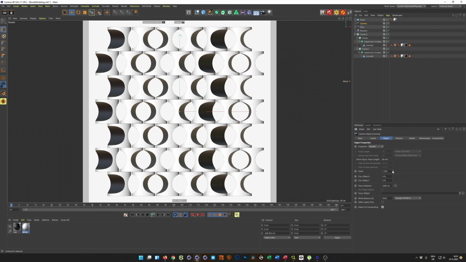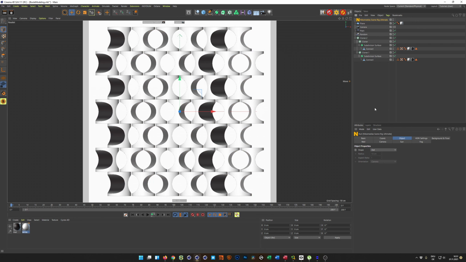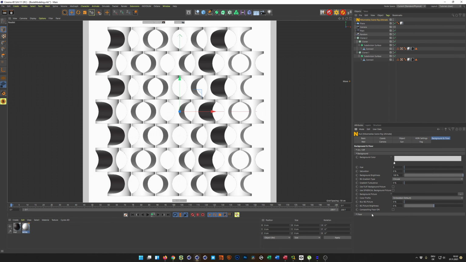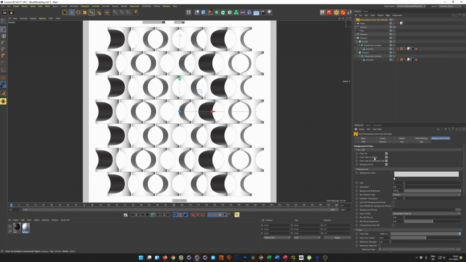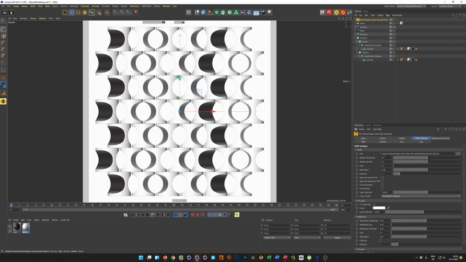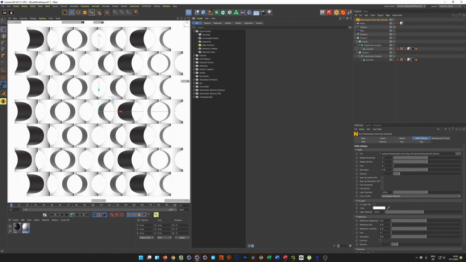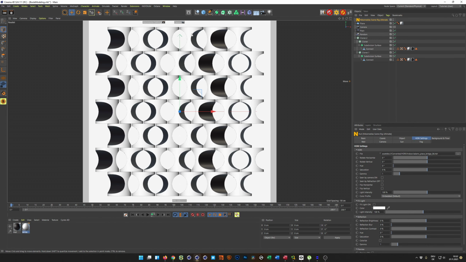Boom, boom. So save this. Let's bring in a Nikomedias Scene Rig. I don't need a floor here, so I don't need anything but the HDRI. So let's bring in a nice HDRI. Not this one. Okay, and